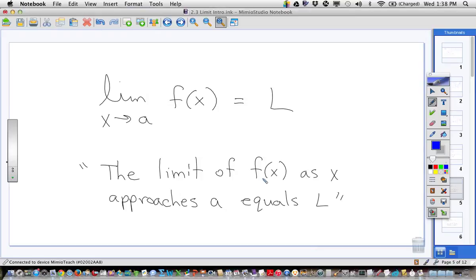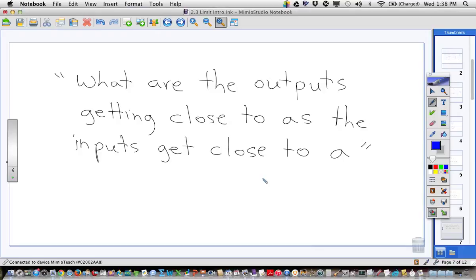Okay, now in everyday language, and you can just add this right onto that, it means what are the outputs getting close to? We're talking about the y values now. So when we talk about a limit, we're talking about the y value. It's what are the outputs getting close to as the inputs get close to a. So you can write that down underneath there if you want as a more everyday kind of meaning. Now notice the word close in there, because it doesn't matter that